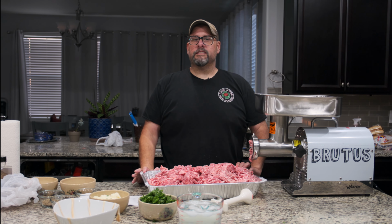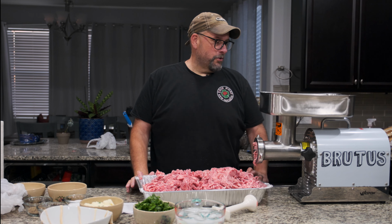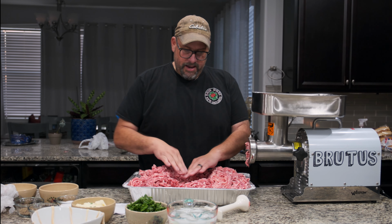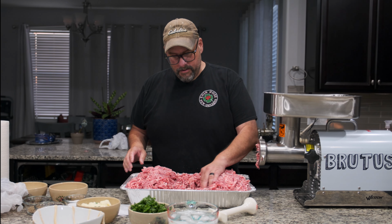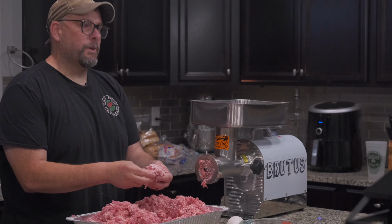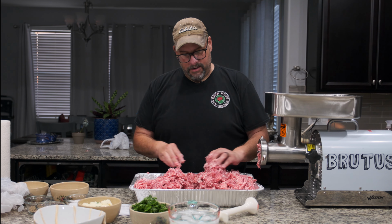That was pretty fast. Now, if you had a KitchenAid, we'd probably be here till about midnight. Okay, so now remember before I was telling you about how we do the double grind, Zach? See right here, see all this pork? It's in one lump. And this is real lean right here. You could take this and mix it,